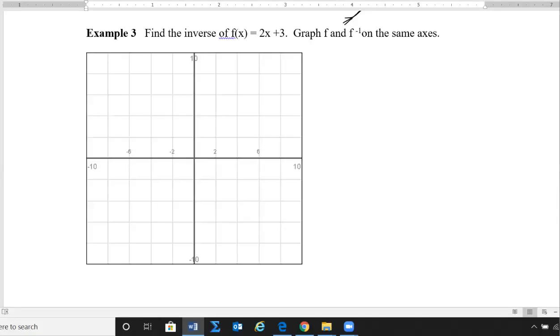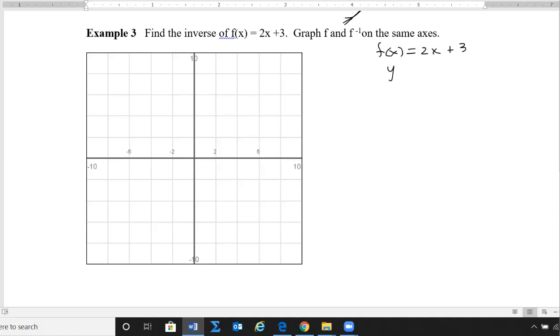Okay, here's how you find an inverse. First of all, in creating inverses, really what you're doing is you're trying to find a function that, when given a range value, takes you back to the x value that it came from. So in other words, you're going to take your function f of x and you're going to switch the range and domain, then algebraically take the steps to find that